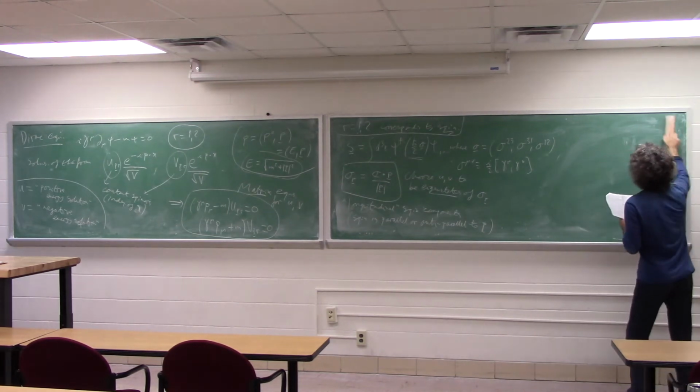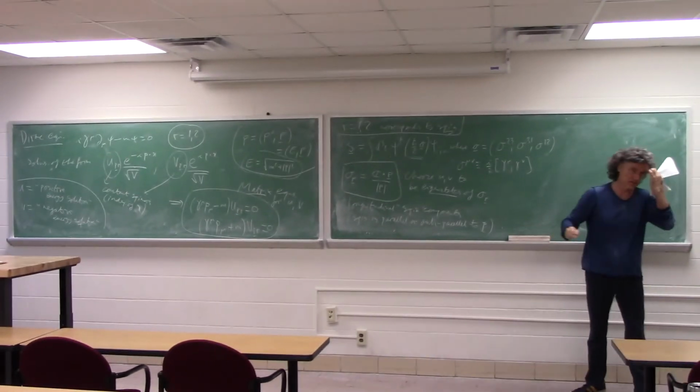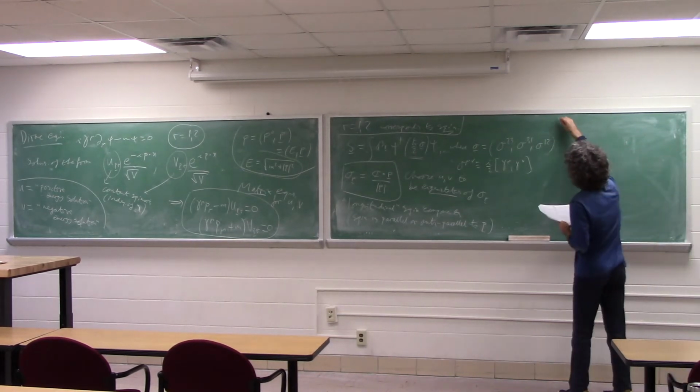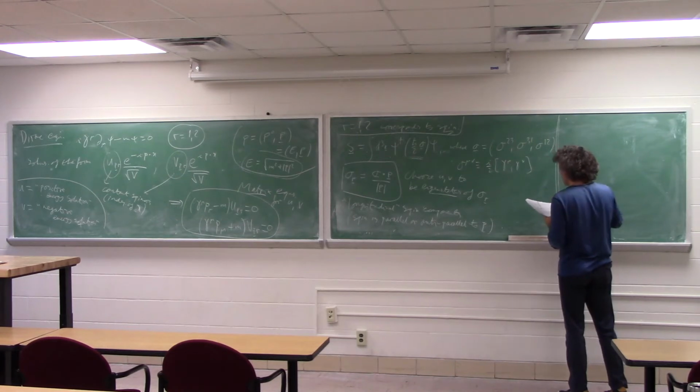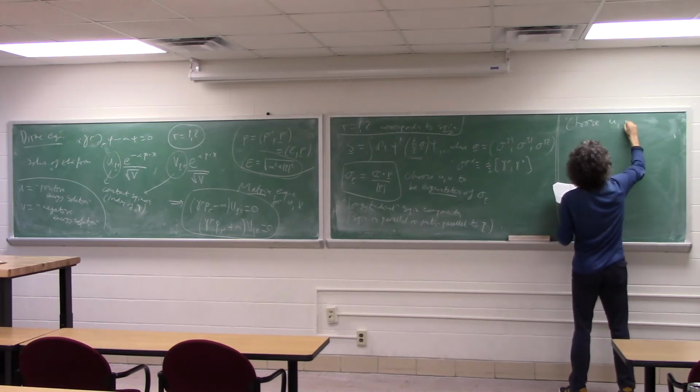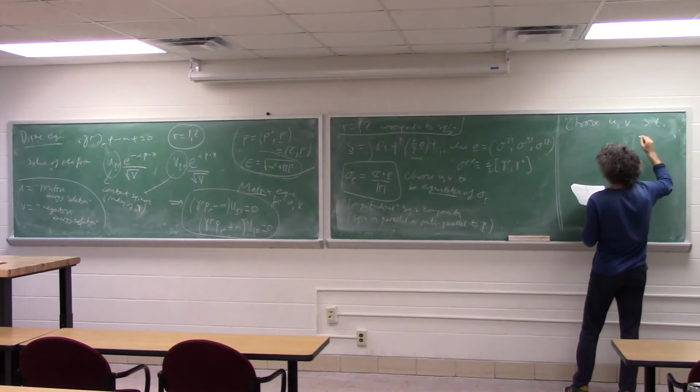So again, it's just a matter of, well, what's a convenient choice? It turns out when you develop the theory, as we're going to do, that this is a convenient choice, just like these epsilons for the electromagnetic field. So what we do is we choose U and V such that